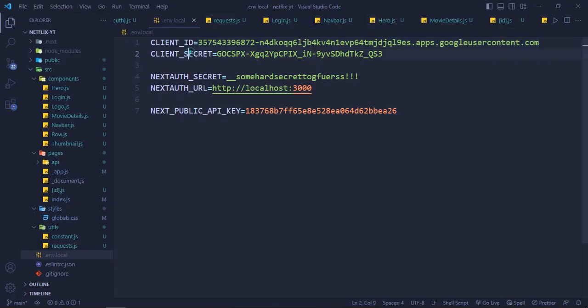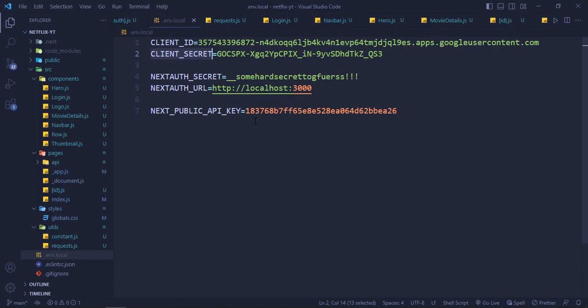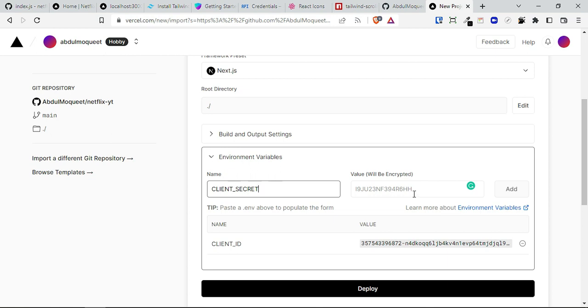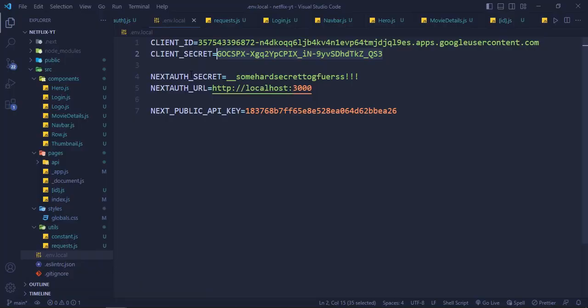Okay, then client secret, client secret done, then Next-Auth secret,